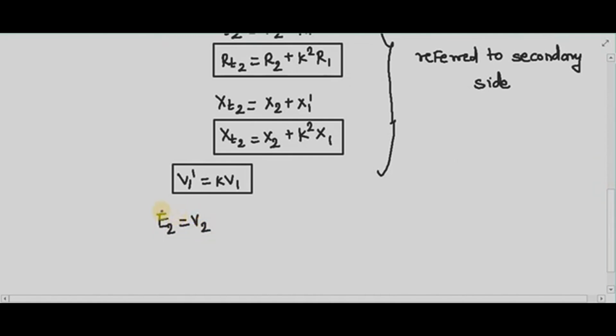But as soon as the transformer starts delivering current to the load, due to the internal voltage drop caused by the combined effect of impedances of the primary and secondary windings, the secondary terminal voltage starts falling, right? Why? Because